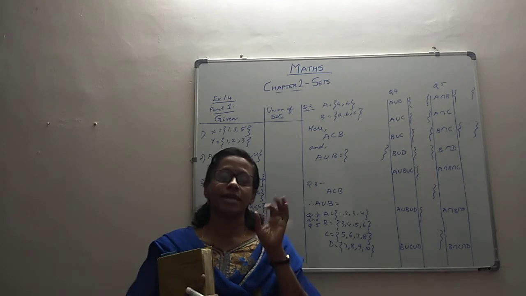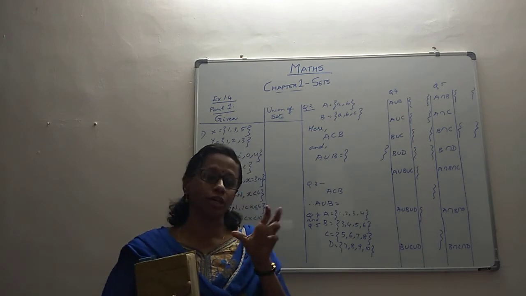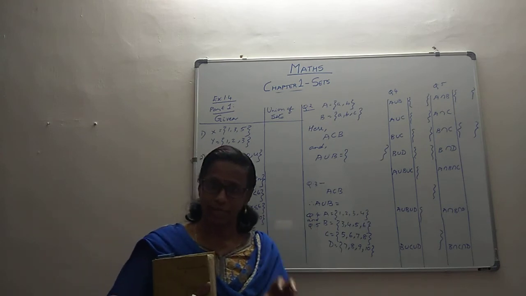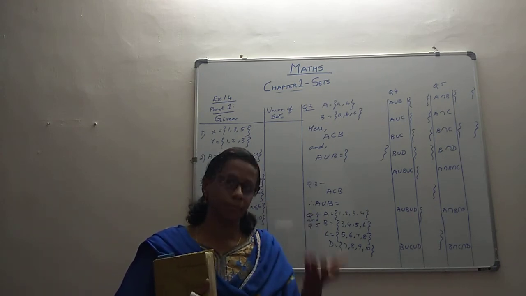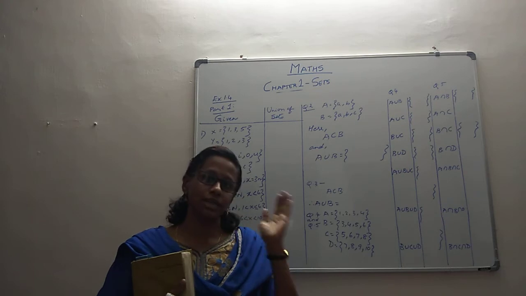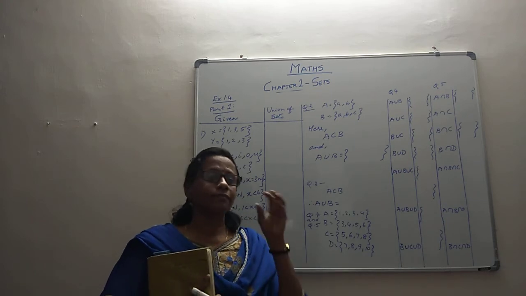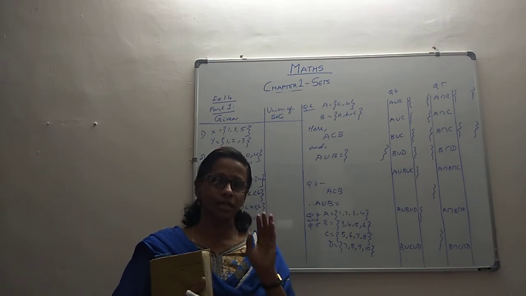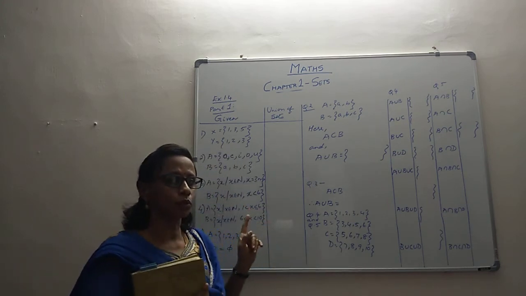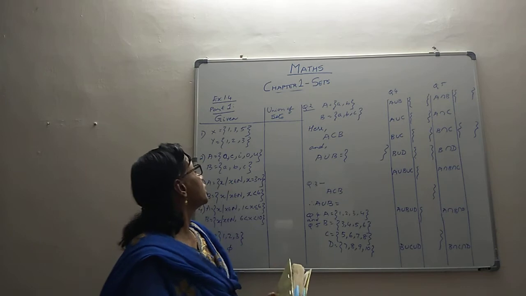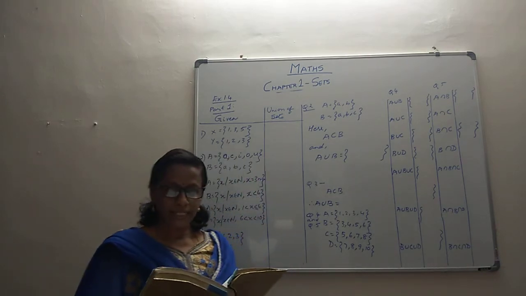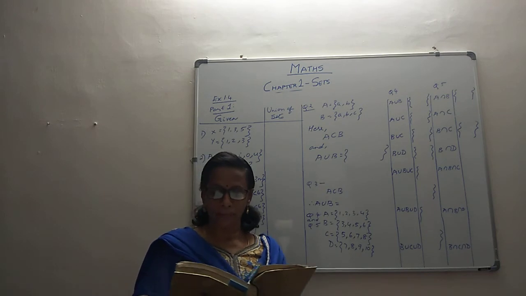When you are asked to find the union of two sets, you list up the elements from both the sets together. They can be two or they can be many sets. You list up all the elements together, and whatever common elements are there will be listed only once. That is the rule that we follow when we have to do the union. So the very first question is: find the union of each of the following pair of sets.